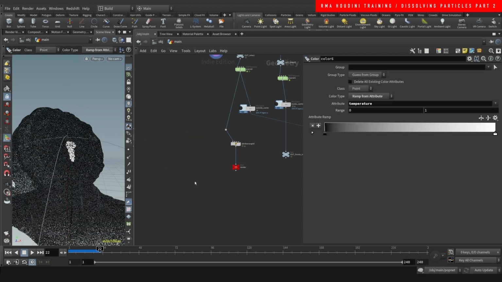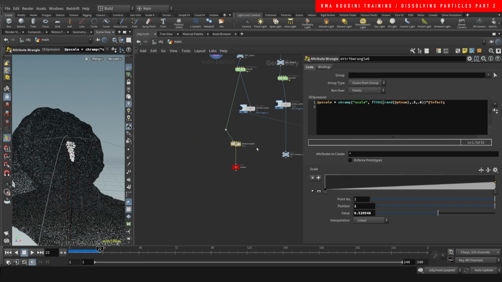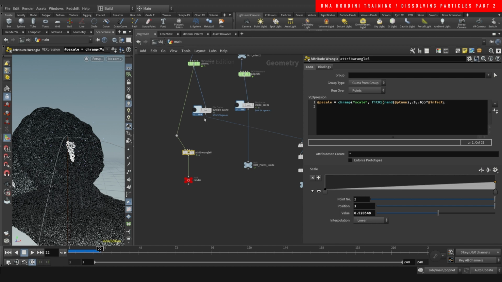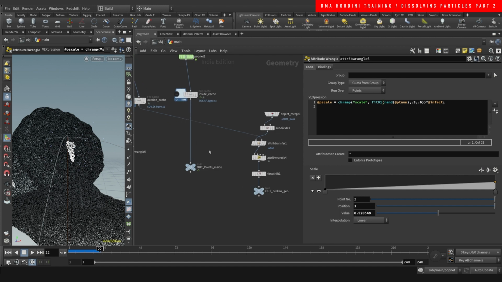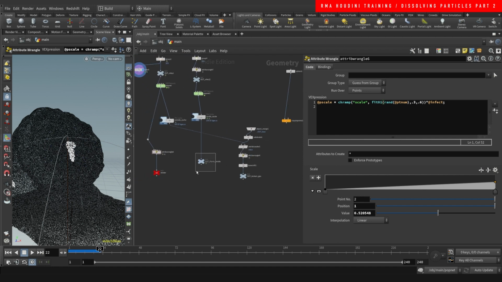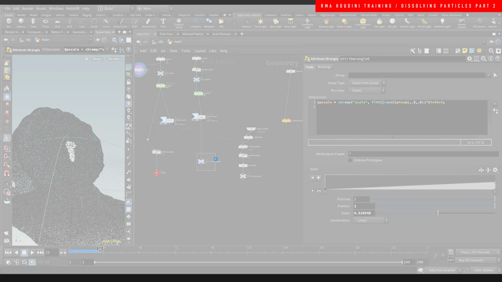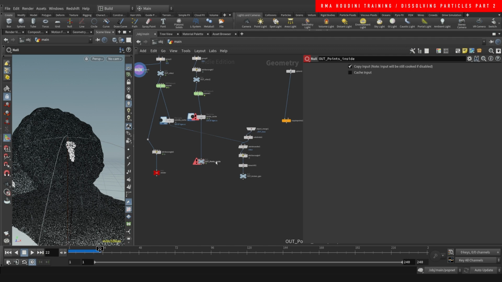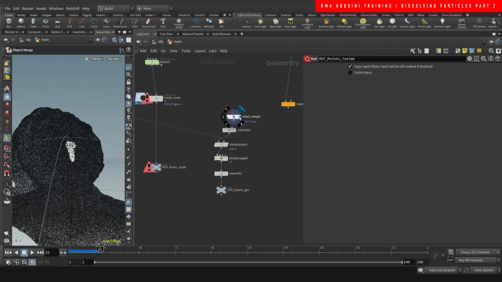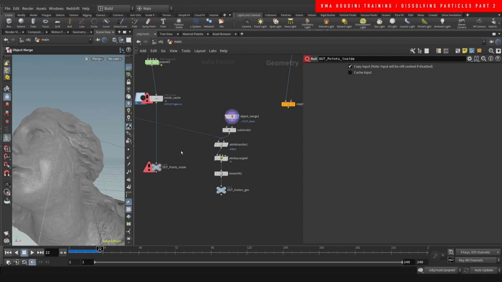Let's just delete this, and then that's it. That's what I did there for the particles that are flying out. The particles that are on the inside, I didn't really do anything to them. What I did do though is on the geometry. So we're going to come here to our out base,